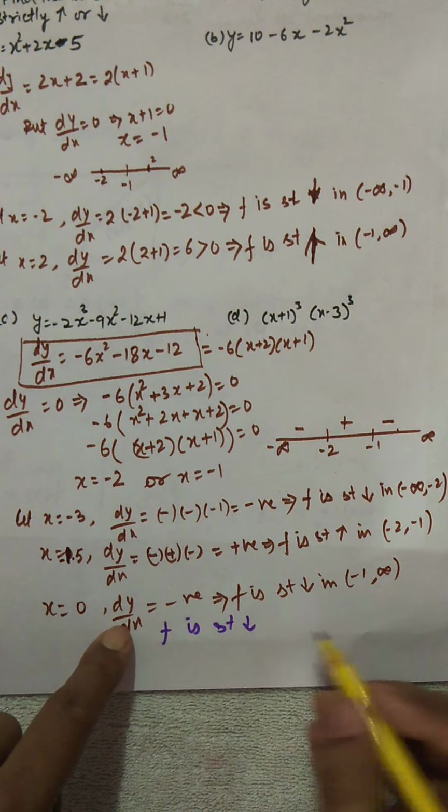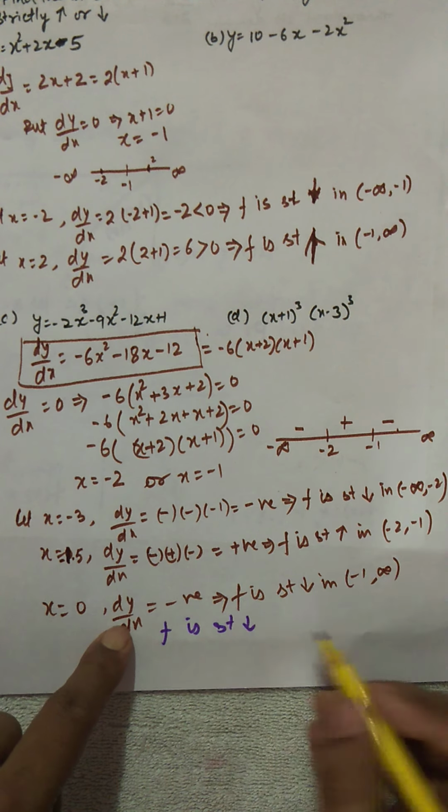This is 1 plus x. So simplify this further. This is 4 plus x square plus 4x minus 4 minus 4x, and this is (2 plus x) whole square, and this is 1 plus x. So you can see these two terms have got cancelled, and so it is x square upon (2 plus x) whole square and (1 plus x).